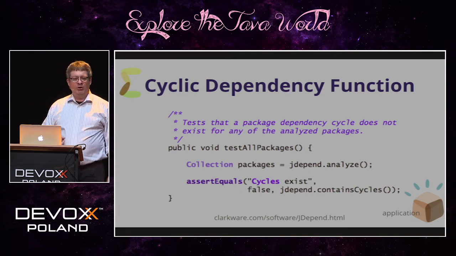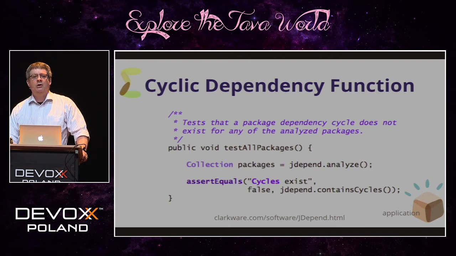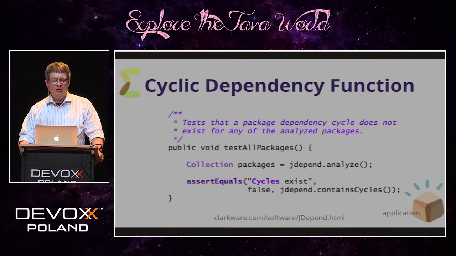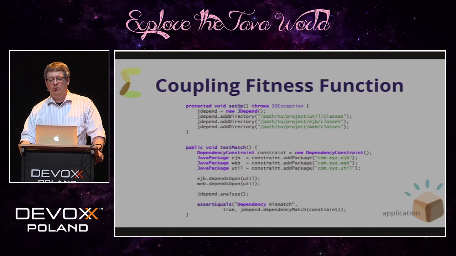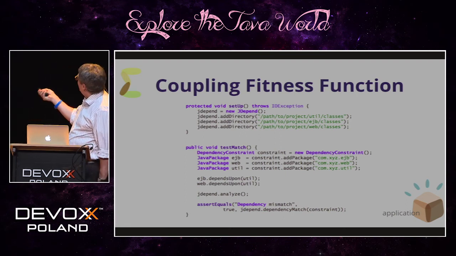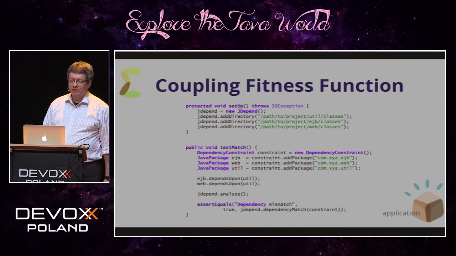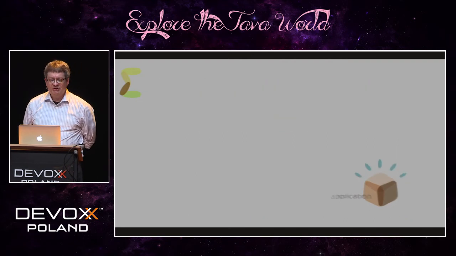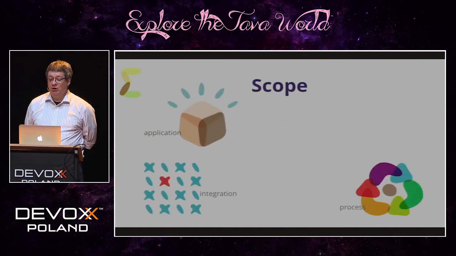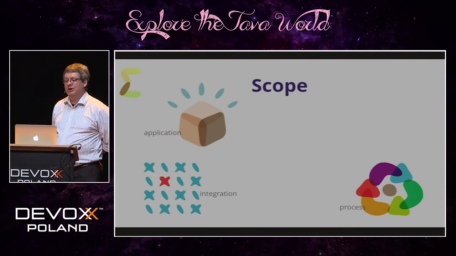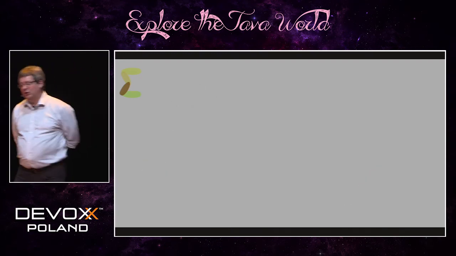So this is a good example of a kind of fitness function you can define in application architecture, because one of your goals may be, I don't want cycles in my application architecture. This is an objective way that you can evaluate that. And in fact, JDepend will even let you go broader and define some rules at the architectural level about directionality of imports within your architecture. So those are examples of application level fitness functions. You can also have process fitness functions for things like how long my cycle time is, or any kind of measurable process